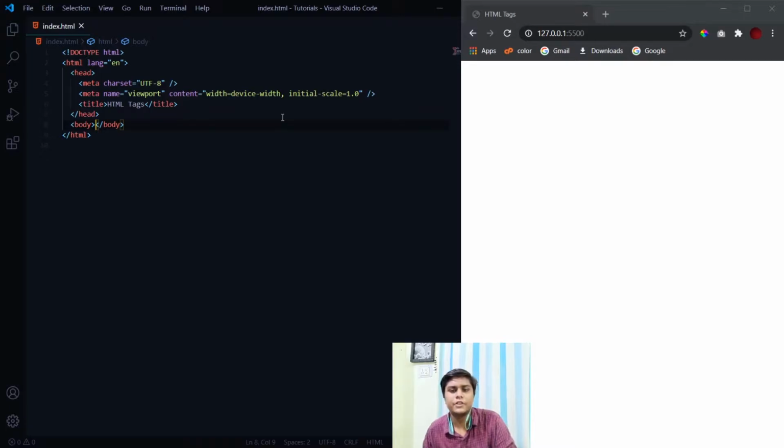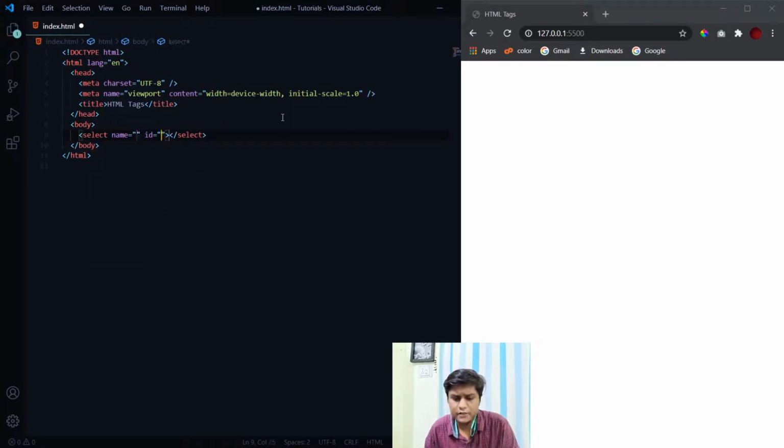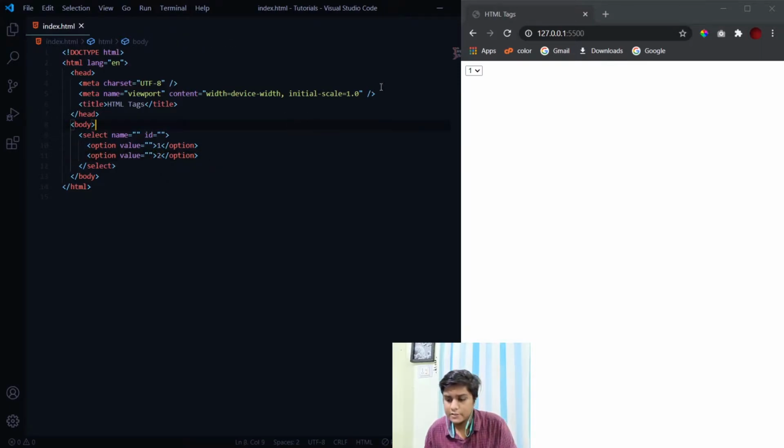So the first tag which we will talk about is known as the optgroup tag. Now we all know about the select tag. It is a very basic tag which we all use inside our input forms. It works basically something like this. We can have multiple options inside this select tag, and the display is something like this. So we have got multiple selections. These are the options which we have provided inside the select tag, and you can select any one of these.